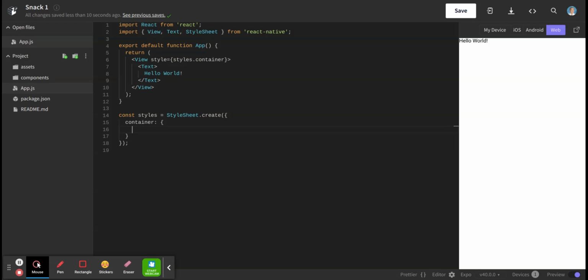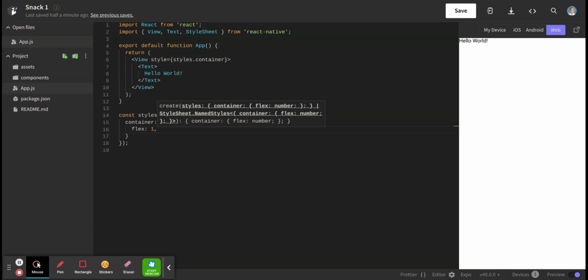Okay, so there's three things I've got to do to set up the justification of that text. First, I've got to tell it that it's got to have flexible layouts. So it's not just stuck to a standard, like a typewriter, start in the upper left and just go across and up and down. We want to tell it that there's got to be some flexibility involved. So the way we do that,